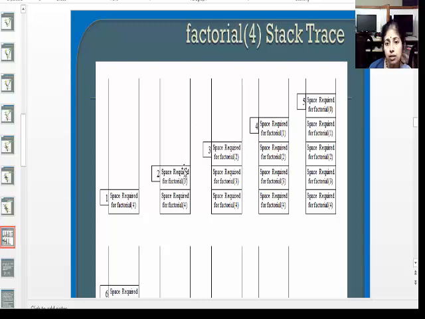So when the call to factorial 2 is initiated, all the working environment of factorial 3 will be stored here along with the return address, and then it jumps to factorial 2. So factorial 2 in turn initiates a call to factorial 1. So it has to store its return address again on the top of the stack along with its current working environment. And then once again it initiates a call to factorial 0, and hence factorial 1 has to store its current working environment along with return address on the top of the stack.